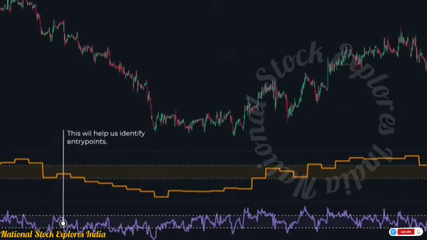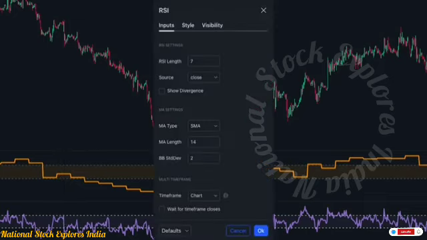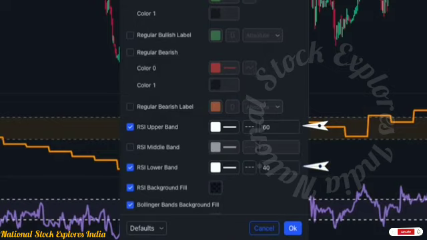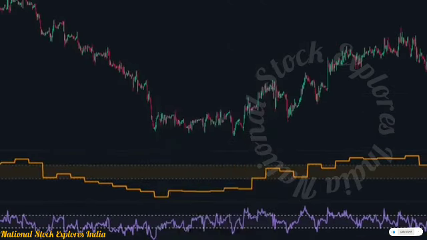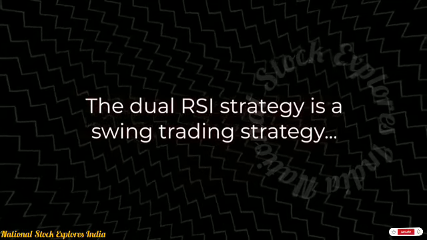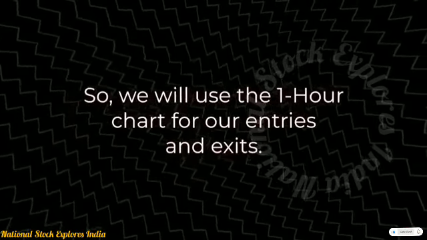The second RSI is the one that will help us to identify the entry points. On the second RSI, we will change the period to 7, and we will change the overbought and oversold levels to 60 and 40 respectively. Now that the chart is ready, let's discuss the rules of the strategy. The dual RSI strategy is a swing trading strategy, so we will use the 1-hour chart for our entries and